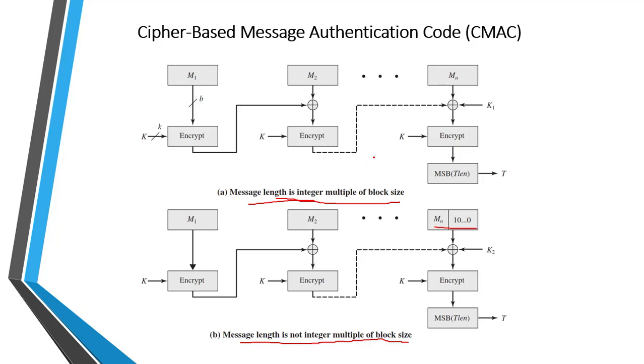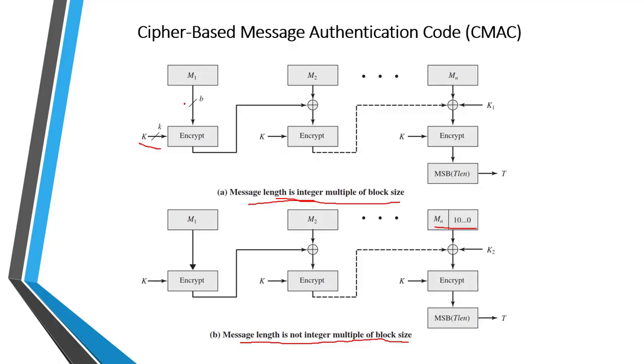Here, as we have mentioned earlier, for AES the block size is 128 bits, and for DES the block size is 64 bits, according to which the last block is padded if the length is not an integer multiple of the block size. And if AES is used, then the key size is 128 bits, 192 bits or 256 bits. And for DES, the key size is 112 bits or 168 bits.